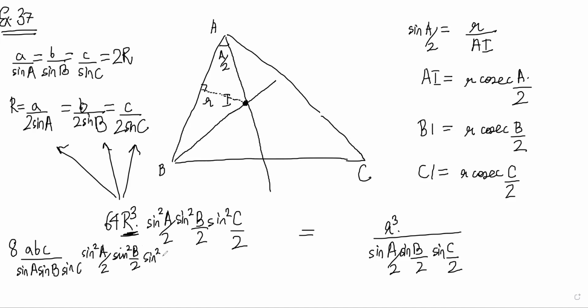Right? And each of sine A, sine B, sine C you can write as a double angle, like 2 sine A by 2 cos A by 2, 2 sine B by 2 cos B by 2, right? Yes, sir. Okay, then it will come in terms of tan. 2 will cancel 8, one sine will cancel, and cos will be there. So it will become tan. So that is part B. Part B is just a trigonometric simplification after you know part 1.